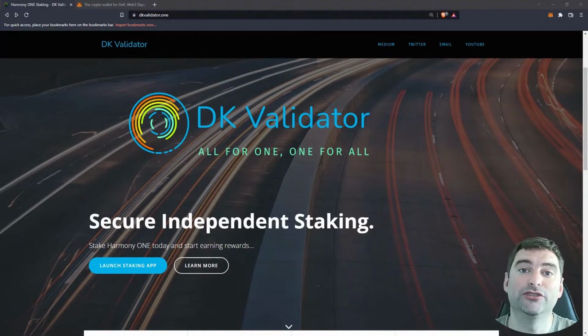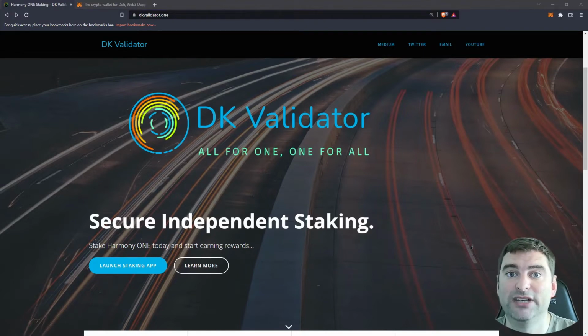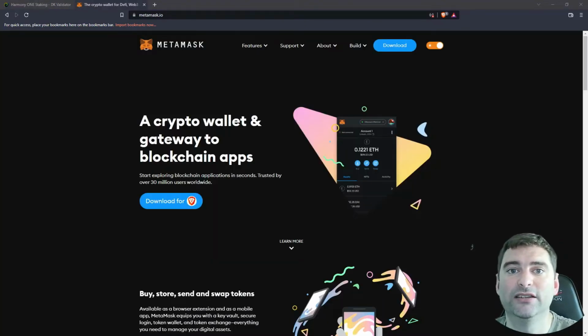Today we're going to demonstrate how you can get on-chain and start staking your Harmony One coins with MetaMask and DK Validator. At DK Validator, we built our own bespoke staking solution to offer a seamless staking experience on both mobile and desktop. Today we'll focus on the desktop browser, but the features we'll discuss here are also available to MetaMask mobile users. If you haven't done so already, the first thing we need to do is install the MetaMask